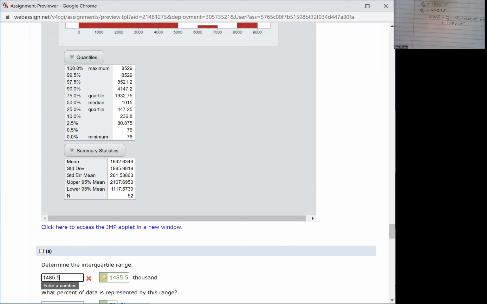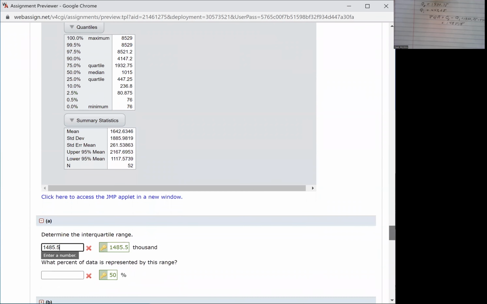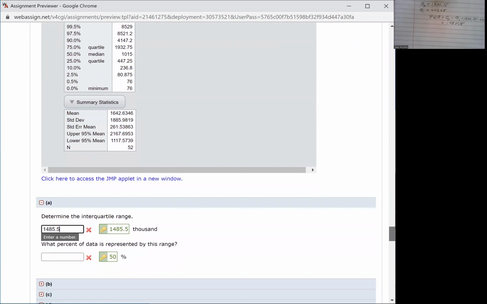Okay. Now let's go to the next question. What percent of the data is represented by this range? Well,